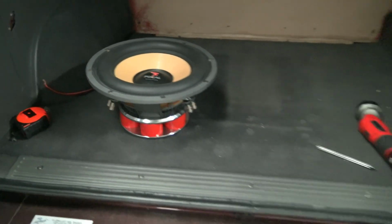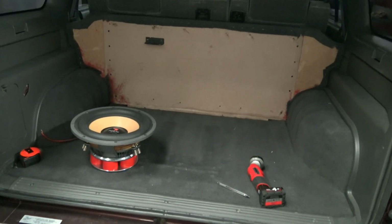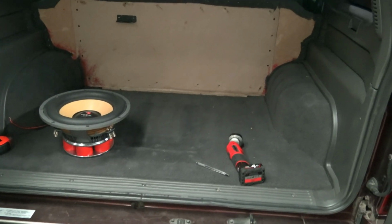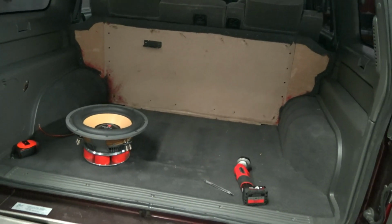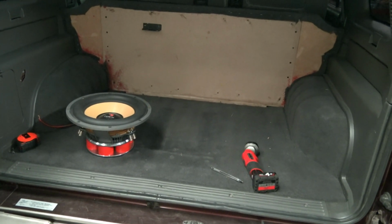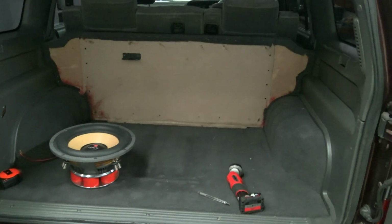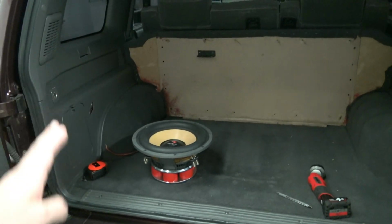Well, it is time to finally build the box for the 613s. I've been putting this off for a long time, only because, besides being busy, I've just been wondering how to do it. As I said, I finally decided that I'm going to do it in a bed liner. A bully liner is what I'm actually using for the trim, which will be for the main enclosure and inside of the enclosure. The sides will still have black suede that links it all up with the contours of